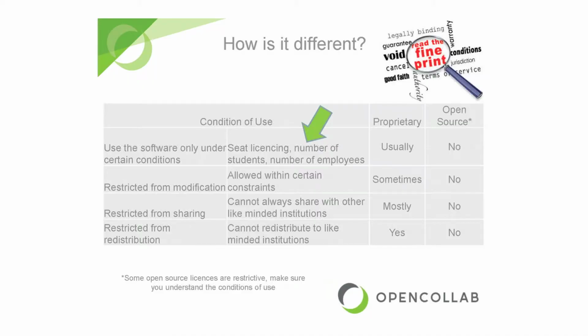I suppose if we really have to dig in, so what is open source? Maybe a good way to look at it is to look at how it is different from your typical proprietary software. And if we do that, then we should look at the conditions of use of the software. Now, obviously, if you read a software contract, there's a lot more than that, but those are the ones I want to focus on this morning. The first one really pertains to the cost. When you purchase software from somebody, you may have seat licensing, per user license, number of student license, that kind of thing.